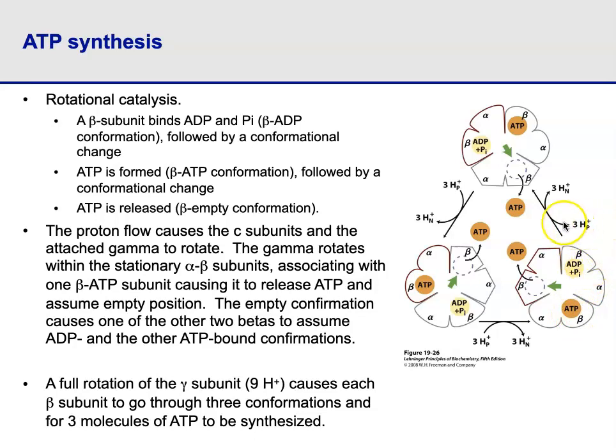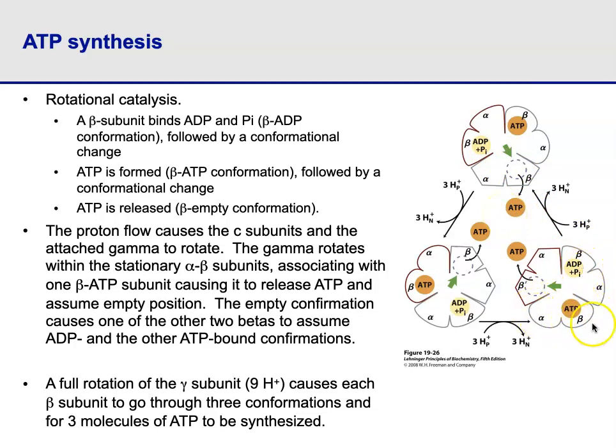Now 3 protons pass through the C channel. The C channel rotates, and with it rotates the epsilon and the gamma subunit that is attached to it. And the subunit rotates from the empty and it binds to the ATP bound beta subunit. That association causes a conformational change in the beta subunit, resulting in the beta subunit losing its affinity for ATP. ATP now will be released,